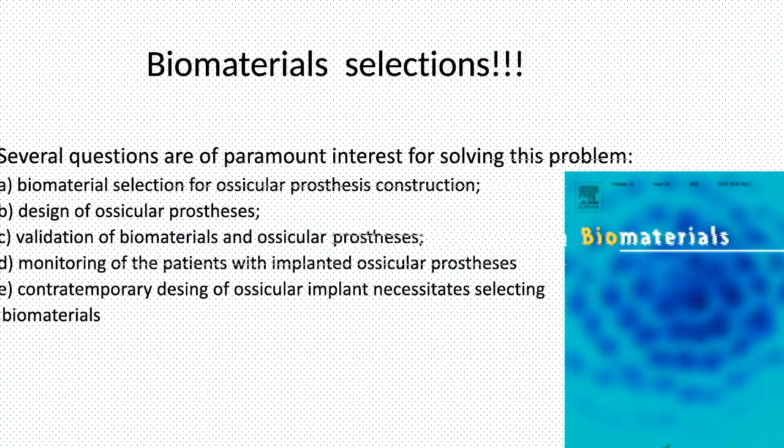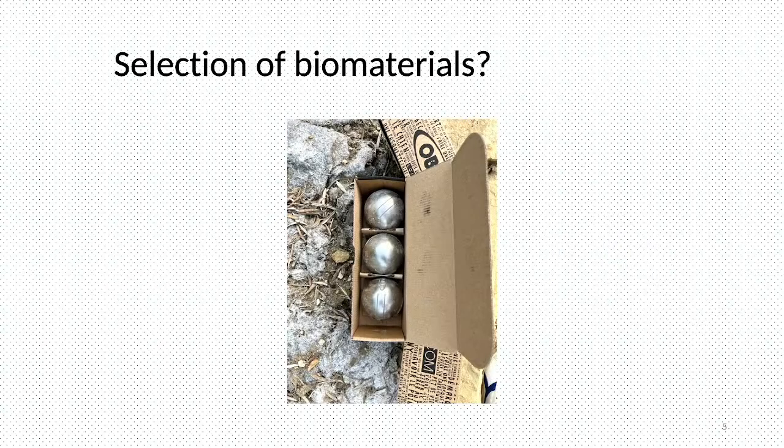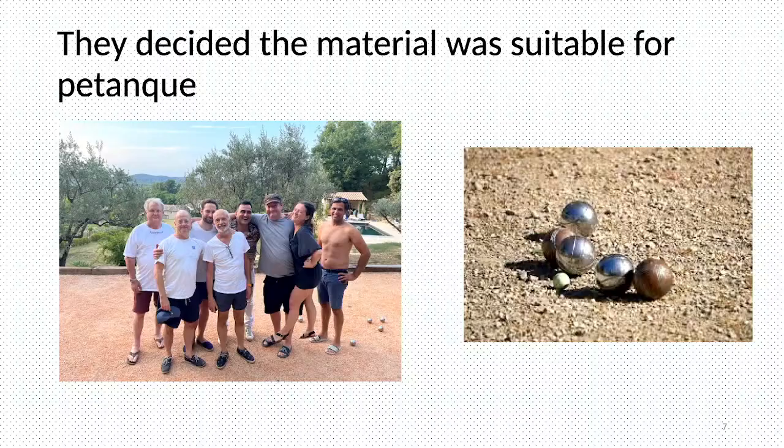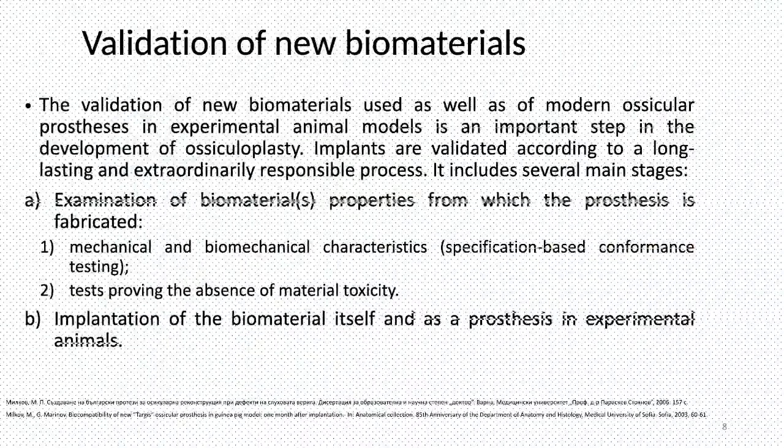Biomaterials selection for ossicular prosthesis construction, design of ossicular prosthesis. This is very important: validation of biomaterials, monitoring of patients with implanted ossicular prosthesis, and contemporary design of ossicular implants, selecting biomaterials. What to think about these biomaterials? I invited 2 scientific groups, and in the end they decided this material was suitable for the great pétanque in France. So, in one point of my presentation, I briefly show the validation of new biomaterials,